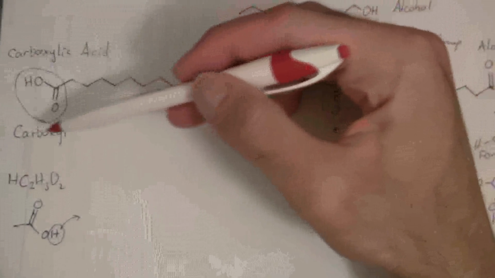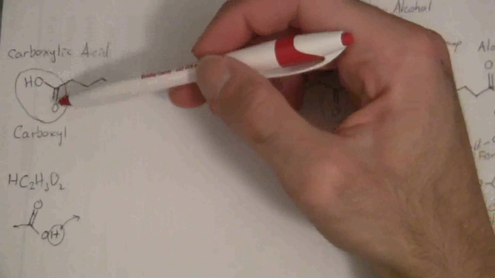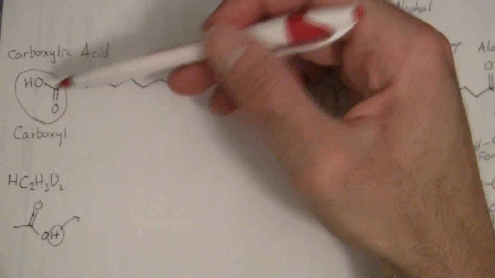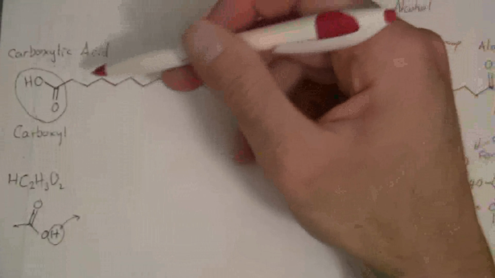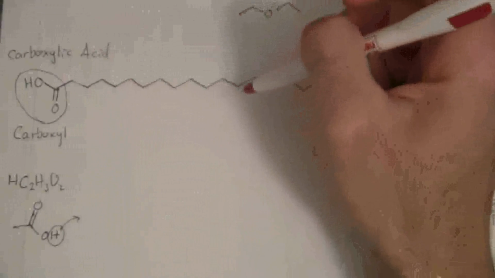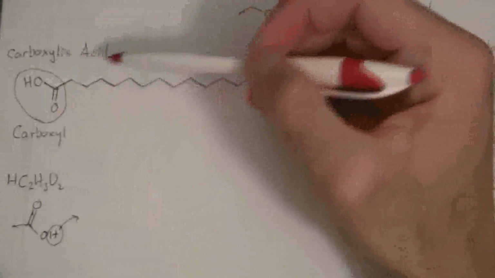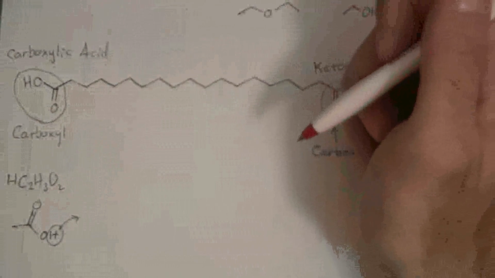Well, over here I have a polar group because I have these electronegative atoms, but over here I have a long nonpolar part, and that nonpolar part is soluble in fats. So anyway, the fatty acids, you have that fatty part, and then the acid, that's where it gets its